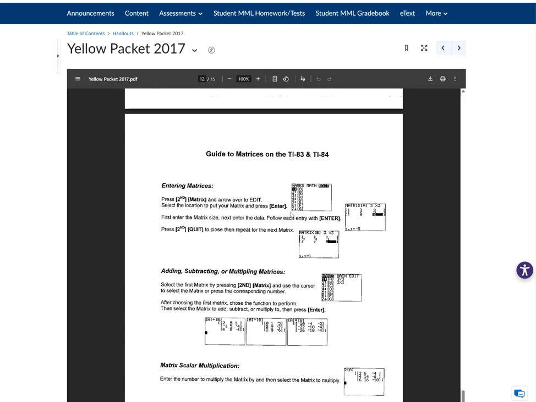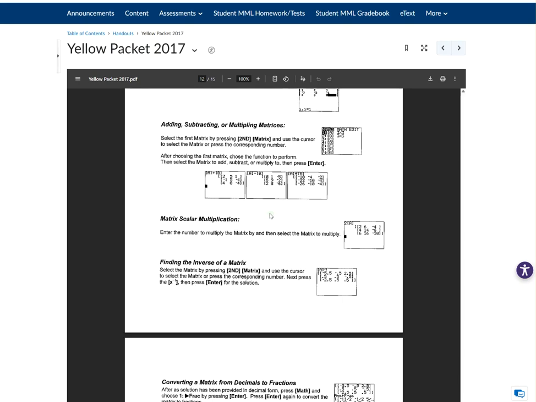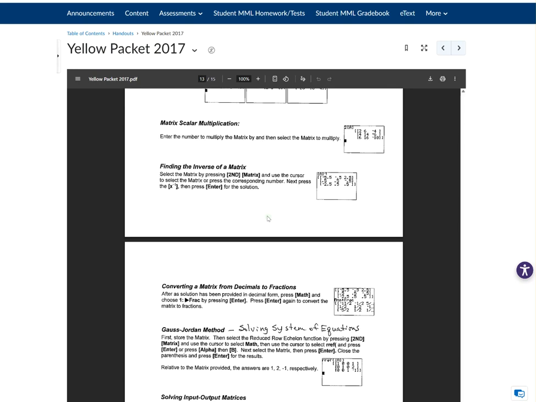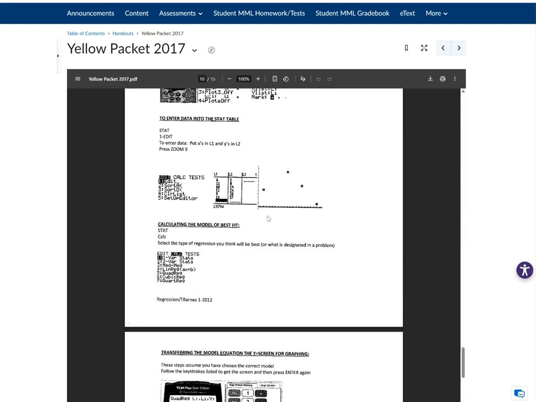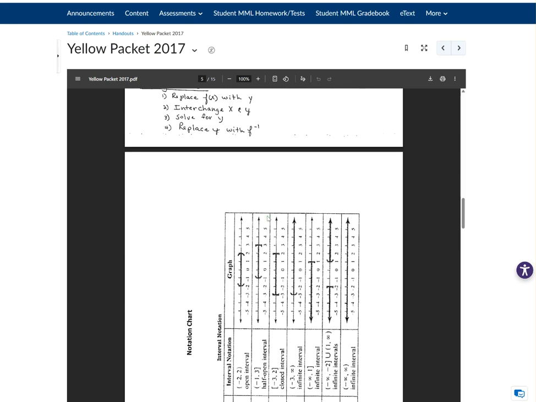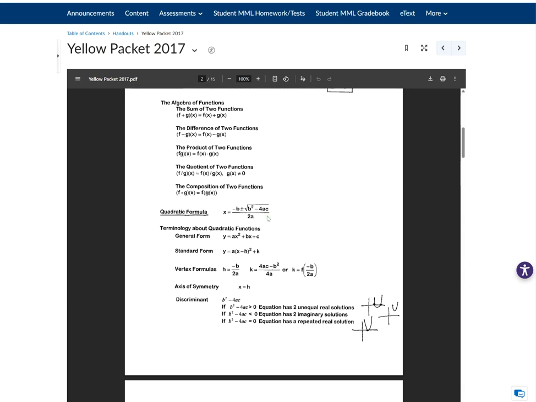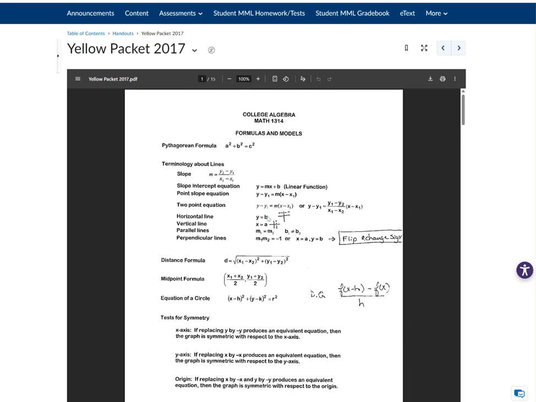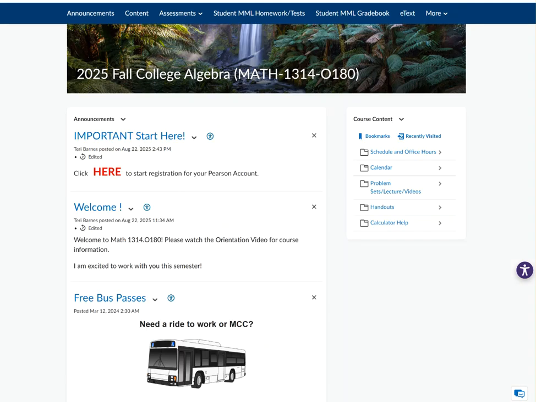So any of this, if you want to print the whole thing, it is 15 pages, or you can just come here and look at things. And if you print it, you can have that out for homework and tests because it's just formulas. And I would expect that because I do that with my face-to-face classes. So that was what was in handouts.